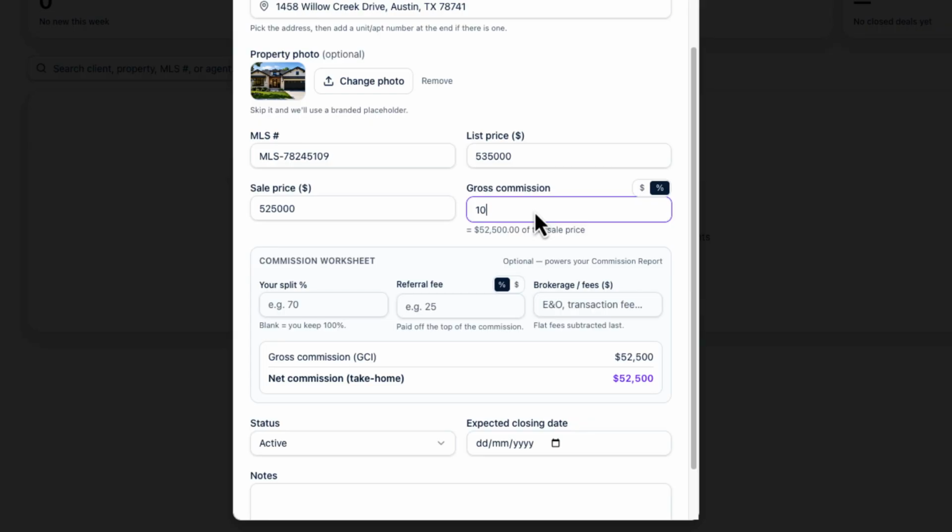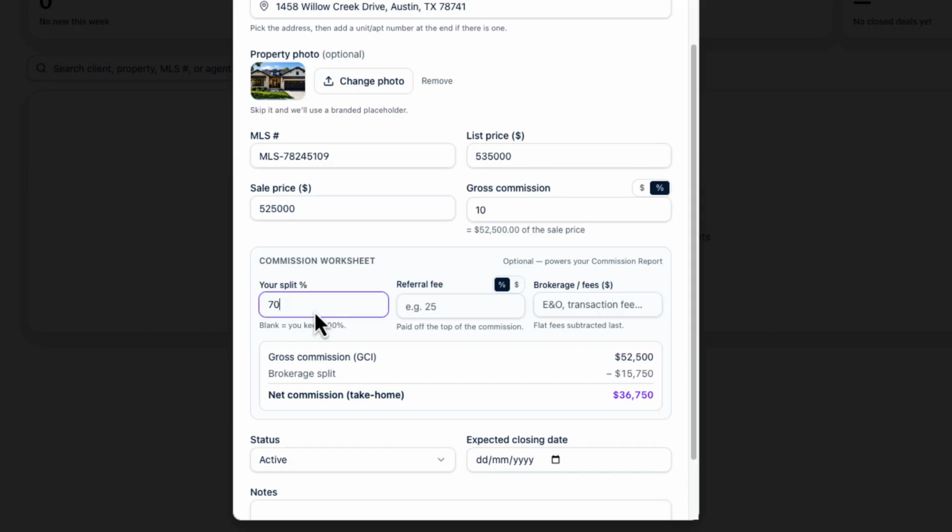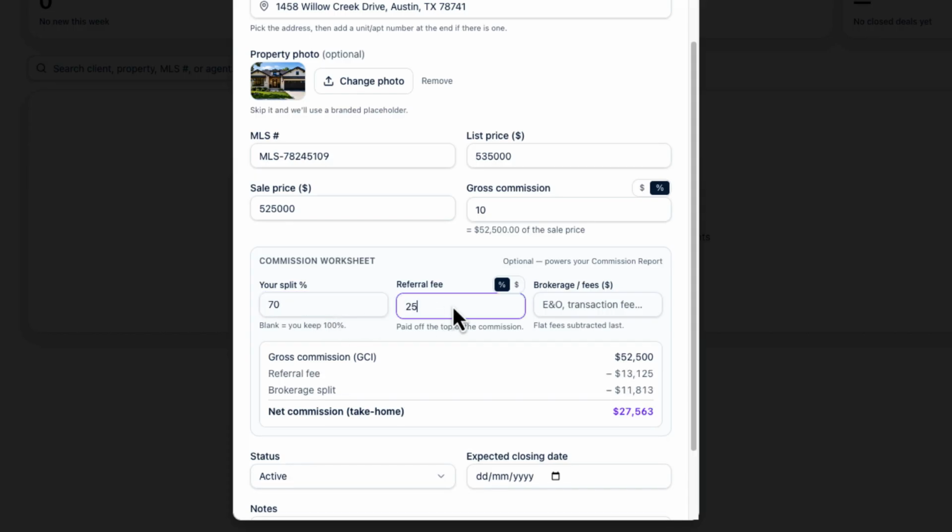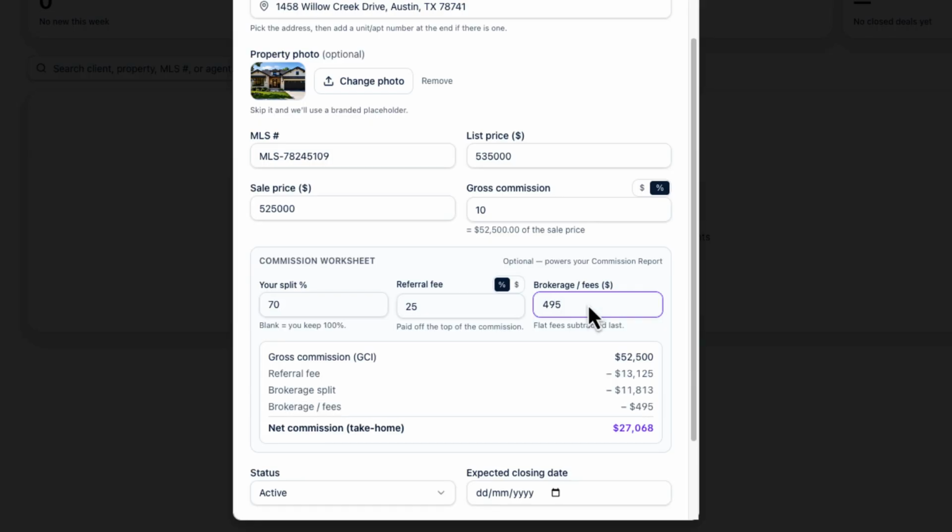Below, you'll find the commission worksheet. Enter your commission split percentage. If a referral fee applies, enter the percentage or flat amount. Then enter any brokerage or transaction fees. Brokervio automatically calculates your commission based on the information you provide, making it easy to see your expected earnings before